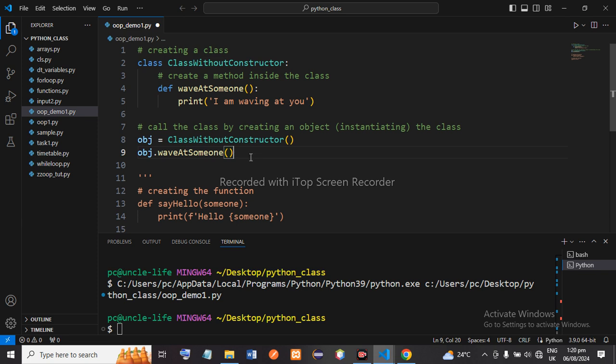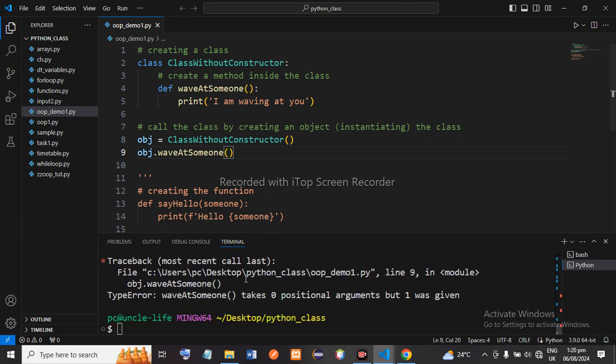Another thing worthy of mention is line 2. At line 2 we declare this class without opening brackets, like I advised, you don't have to do that. But while calling it, it is proper to open these brackets. They are empty anyway for now. Once we do this, obj dot, we use obj dot wave at someone, and we are able to see it. So if we run this file now,